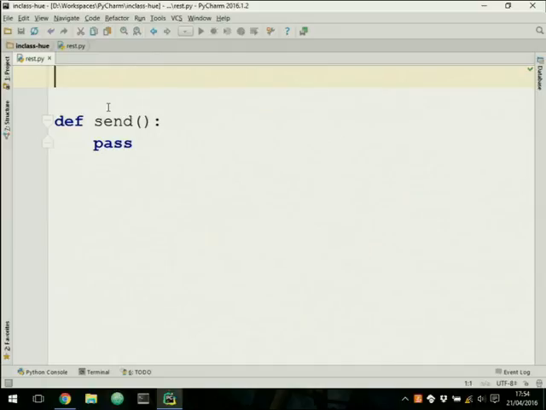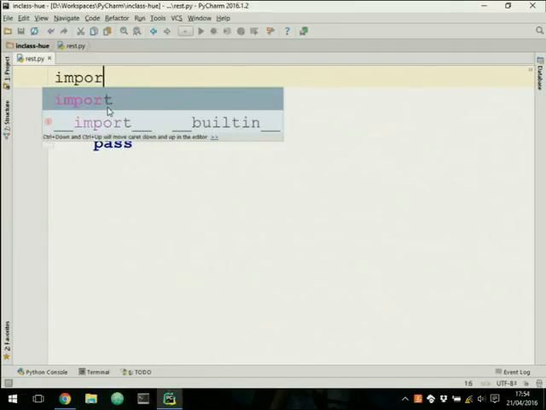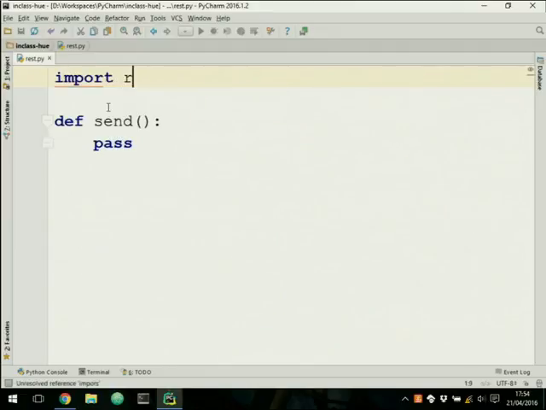So we can, from requests, import request. That is the requests module. Requests is not included in the Python standard library, so you have to install it separately. I already did last week. Otherwise, you need to do pip install requests. So in this send method, we can,